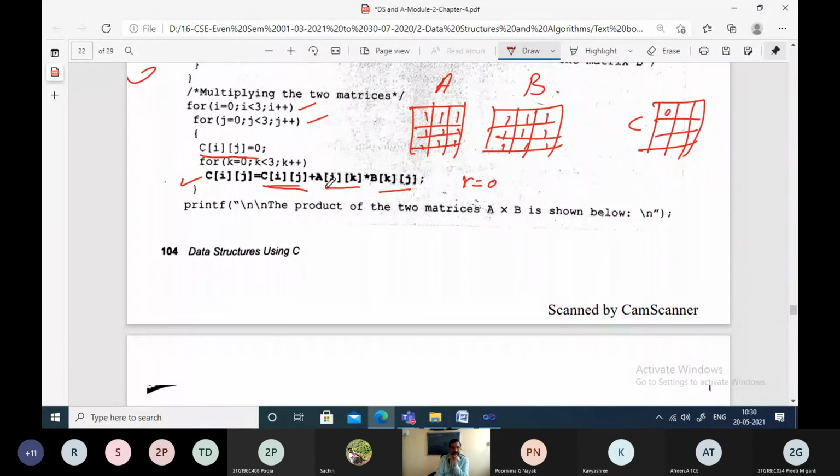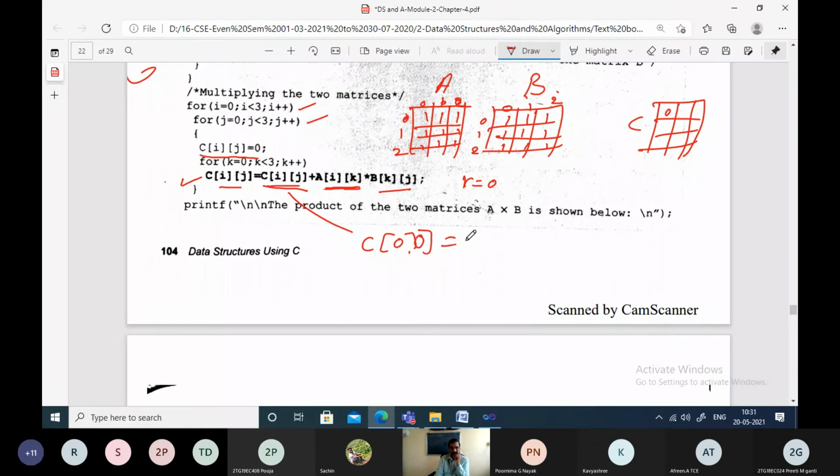Then calculate this part. What is A of 0 0? A of 0 0 is 1, from indices 0 1 2, 0 1 2, 0 1 2. That means I am calculating this C of 0th row 0th column.